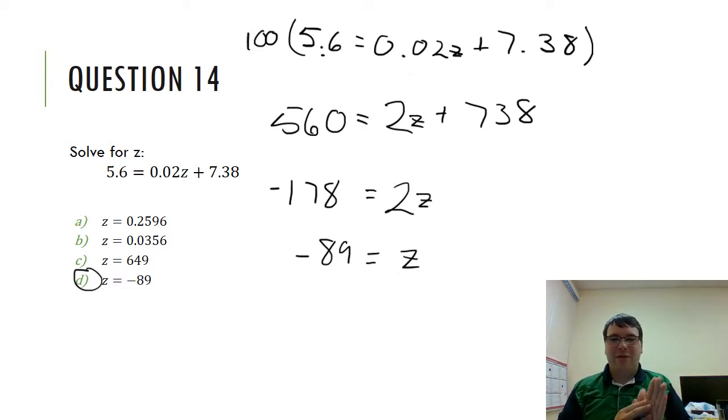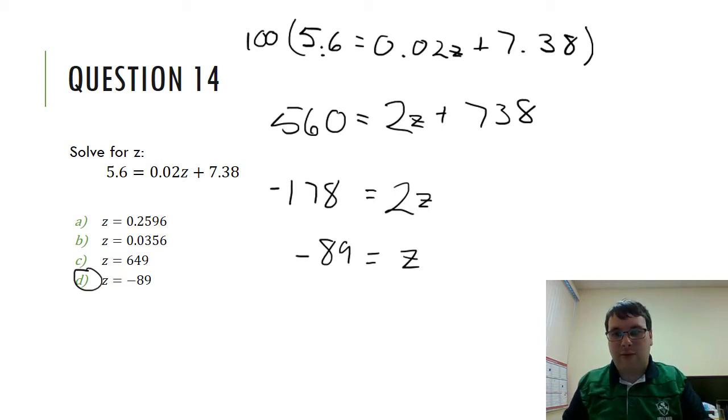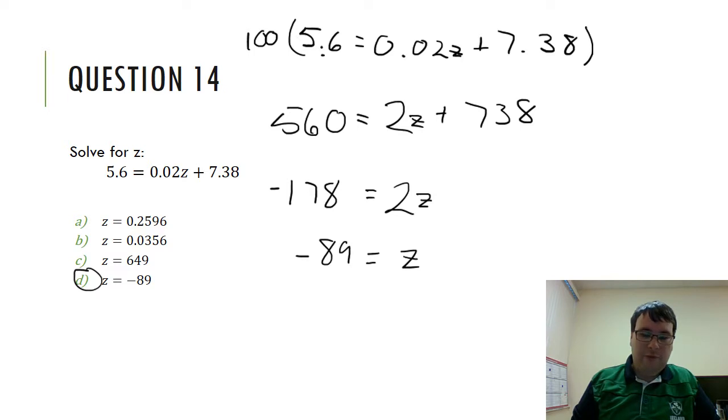Decimals. All right, you got hit with a double whammy because you had fractions and now you have decimals. So let's try it out. It says solve for z, and we have 5.6 is equal to 0.02z plus 7.38. Now, if you're sitting there and you're like, oh my gosh, I fail. I give up, right? Don't worry, we're going to save you. Here's how it works. So we have 5.6, right? Here we go. We have 5.6 is equal to 0.02z, I'm going to cross my z,